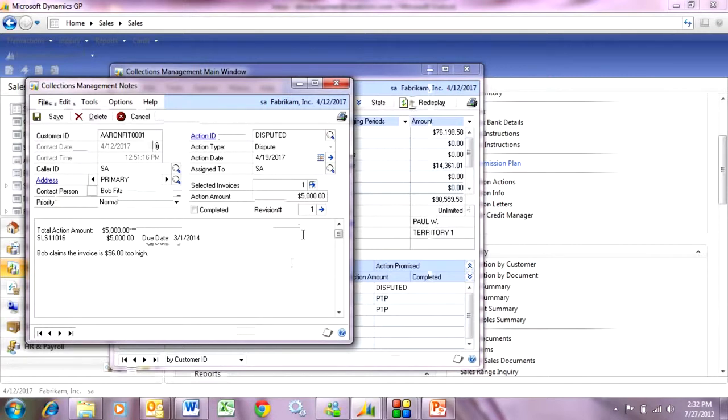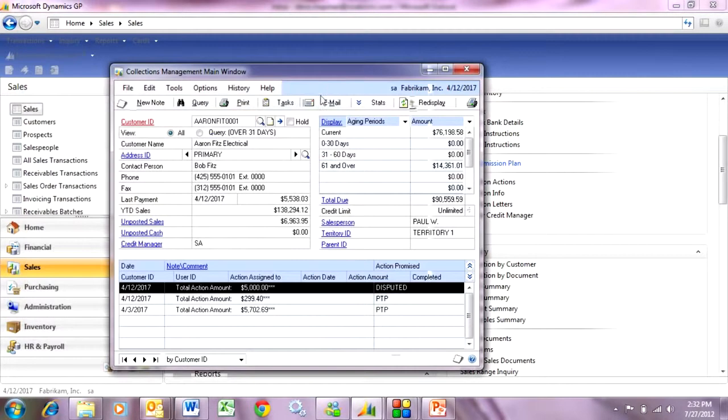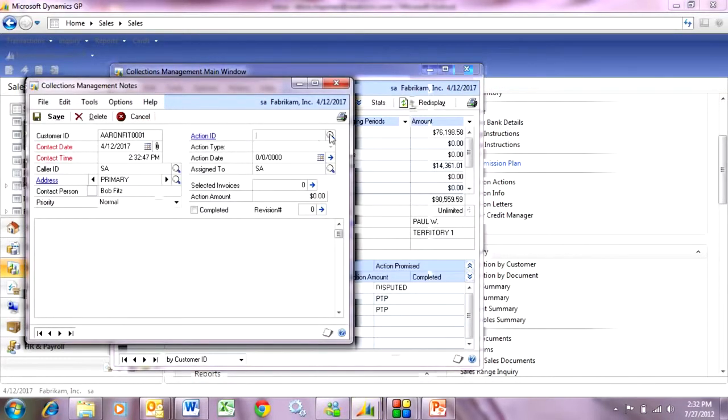You can see I can have set up different action IDs. Here, this one is disputed, and there's different types that you can set up as well. But I've got all the notes for this client right here. To create a new note, it's really quite simple. I hit new note, and I might want to select